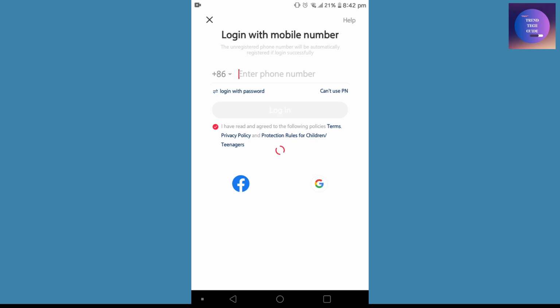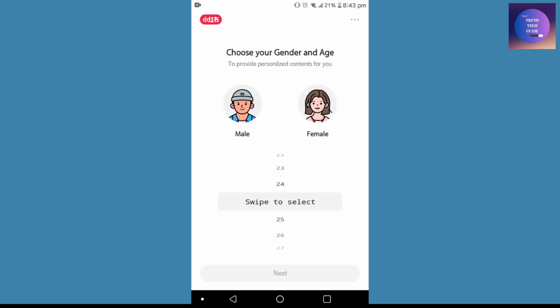And then you can see I'm successfully logged in on the REDnote app using Google. So in this way, we can log into the REDnote app with